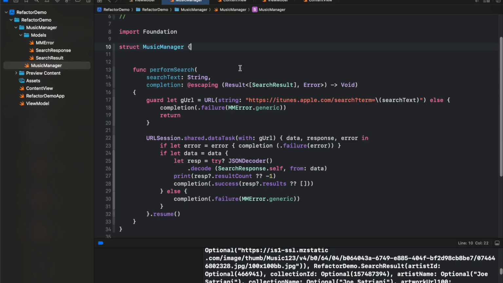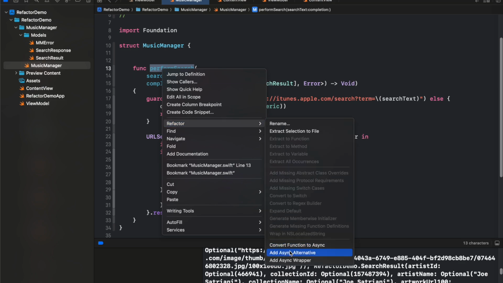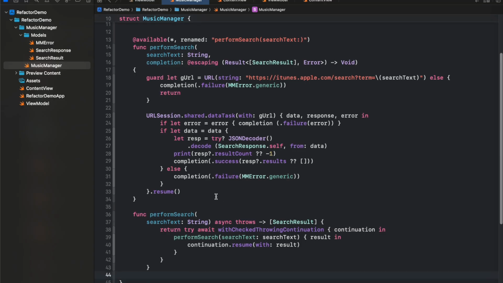To make this task easier, Apple has introduced a specific feature in Xcode designed especially for us developers. So move the mouse over the name of the function, click with the right button, and then choose Refactor, and at the bottom menu you can see we have three options. Let's start with the first one from the bottom, so Add Async Wrapper. Let's push it and... Okay, now we can see that Xcode created two versions of our function, one with the old